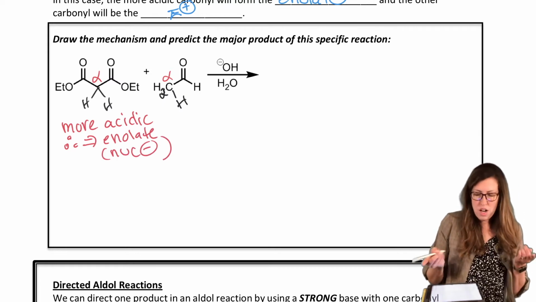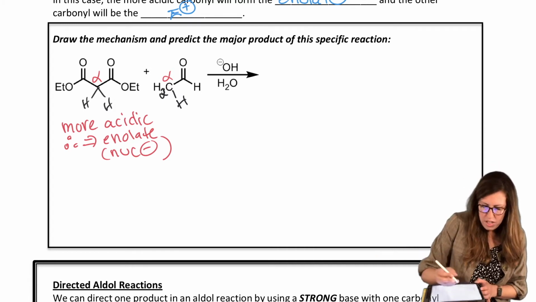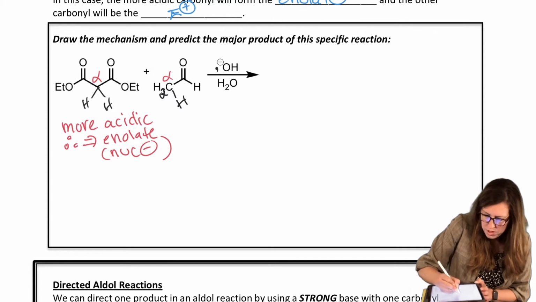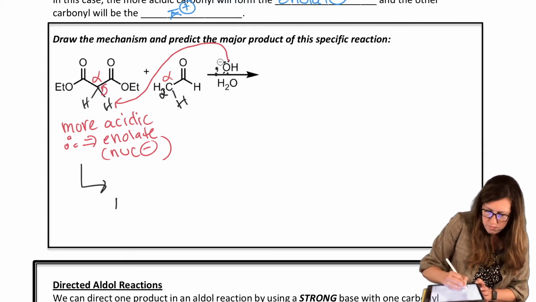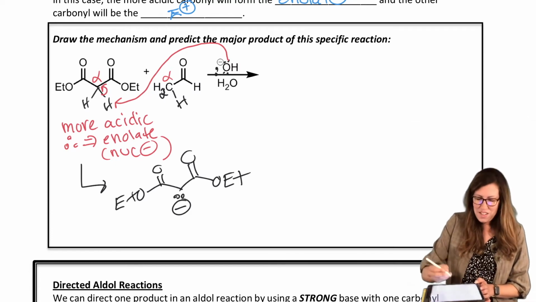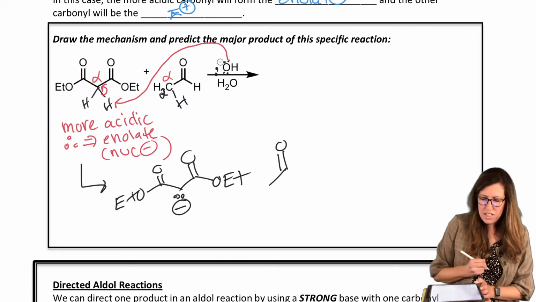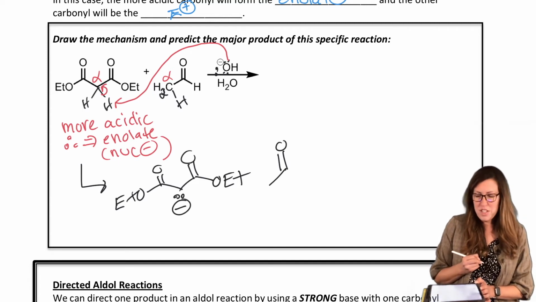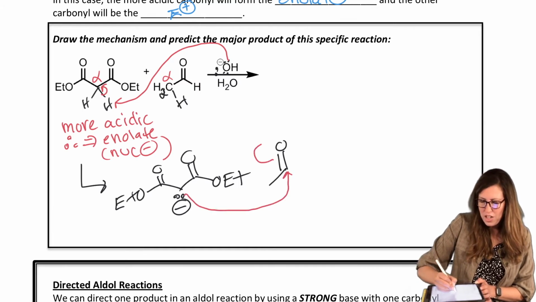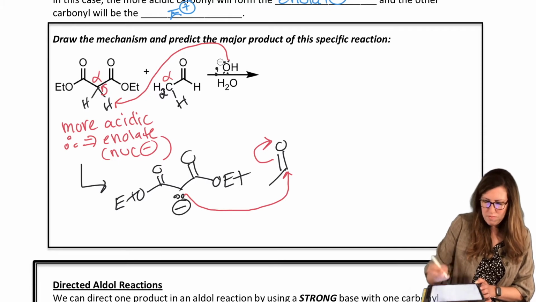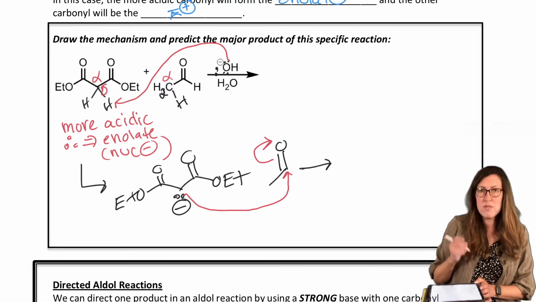All right, so let's draw the mechanism. I think these will get pretty obvious after a while, but it's always good to get more practice. Simple acid-base mechanism here to form our enolate. Okay, now it can attack. And yes, I'm going to draw the aldehyde without the H attached. Sometimes we do that. I personally prefer to add the H, but it's good to see a variety. Attack, open. So our crossed aldol with preference for one of them being the enolate.